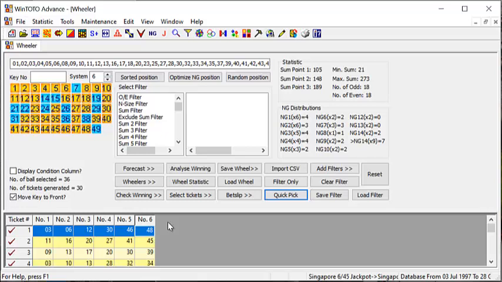So continuously using WinToto Advance Software in this manner, you know that your winning chance is always much better than those without the software. I strongly encourage each and every one of you to get WinToto Advance the soonest you can. It does, number 1, cut down your time to give you a good set of numbers and allow your play to get into a better chance than without the software. Alright, thank you so much.